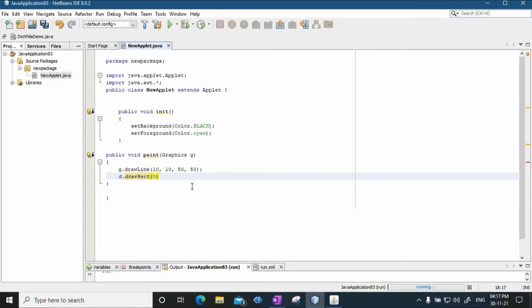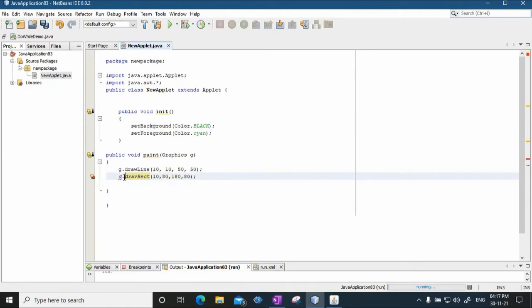So the starting x position will be 10, y position let's say 80, comma the width of the rectangle is let's say 180, and the height of the rectangle is say 80.